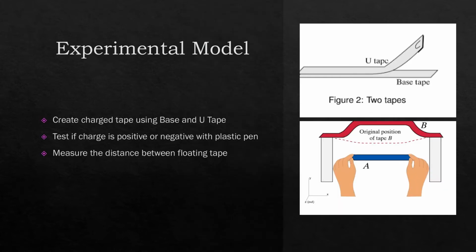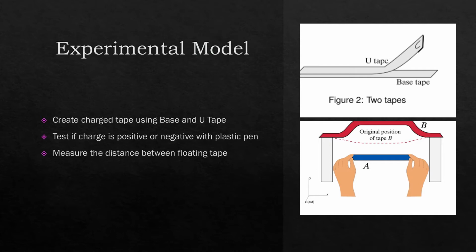In this experiment, we first create a piece of charged tape by quickly pulling a piece of tape off the base tape. Then we test if the charge is positive or negative by rubbing a plastic pen and observing the attractive or repulsive reaction. In this case, the plastic pen is negatively charged, and since the tape was repulsed, the tape is also negatively